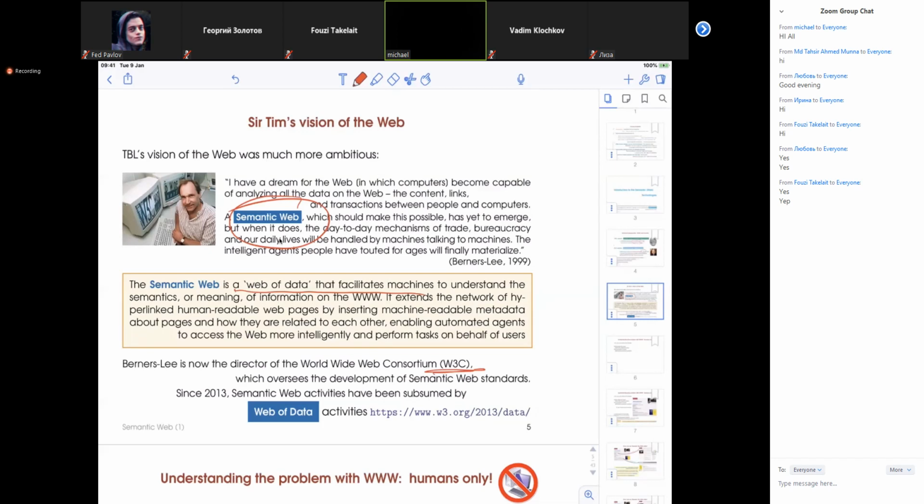If you click on this link, you will see what activities they have there. I just wanted to mention that 5 years ago, they changed the name from semantic web to web of data. Now, this is the new term. Anyway, all of these are semantic technologies. All right, so